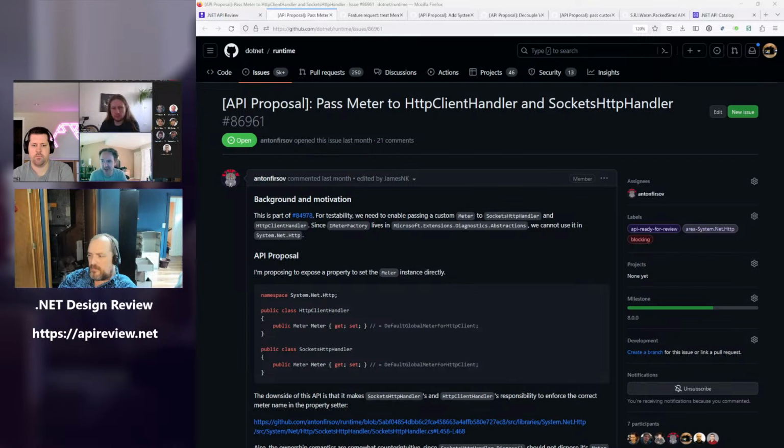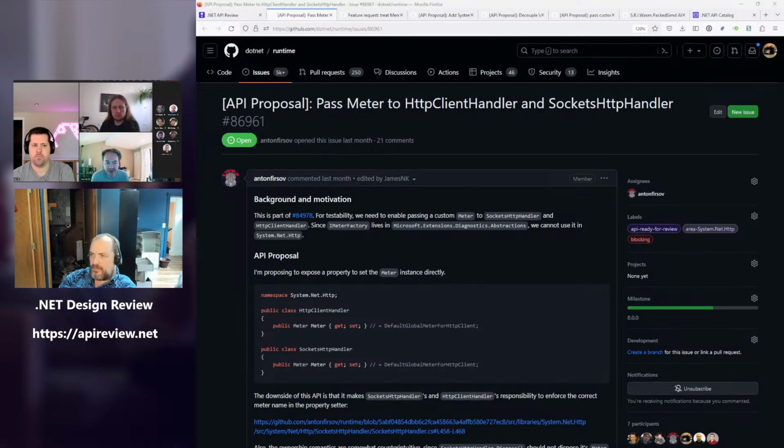The meter in DI container 1 would have one scope, and the meter in DI container 2 would have a second scope. And then tooling can observe those scopes and observe that they are not the same. And it can present, here's metrics that came out of container 1, and here's metrics that came out of container 2. Okay, how is the tooling going to detect which container or scope in this case?